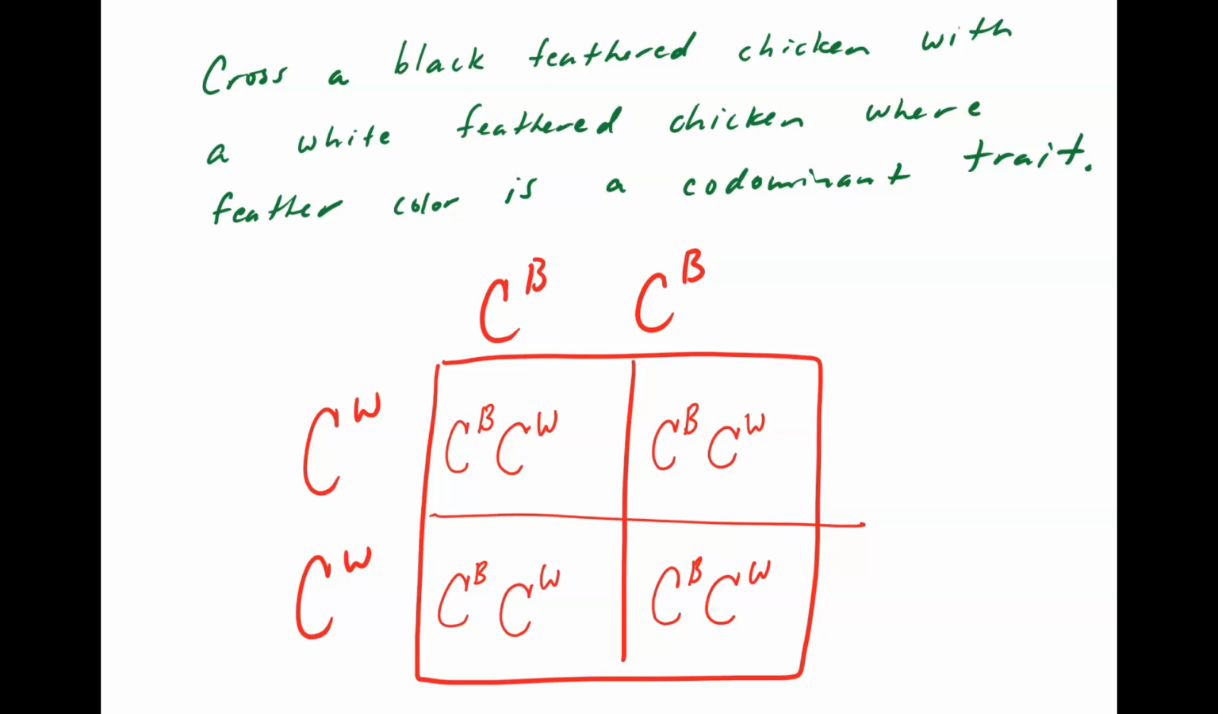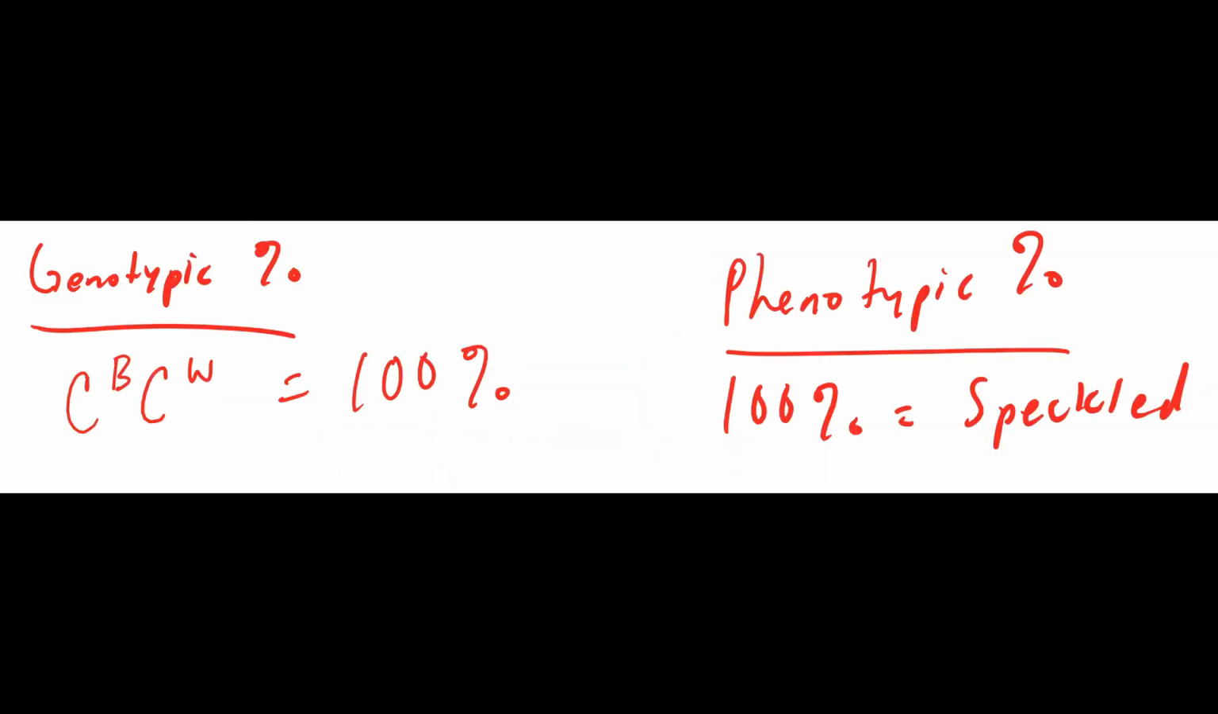So as you can see here, as we go through and do this cross, we've got our traits and our alleles written appropriately with the superscripts. You go through and you follow the same process, and as you can see, we're going to have a pretty standard genotypic and phenotypic ratio here. All of them are going to be speckled chickens. We've got our 100% genotypic ratio of CB/CW and our 100% phenotypic ratio showing that they would